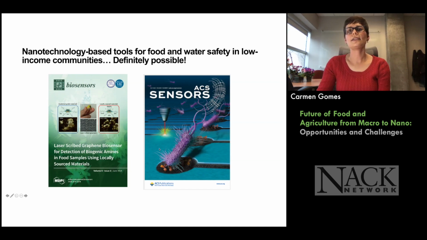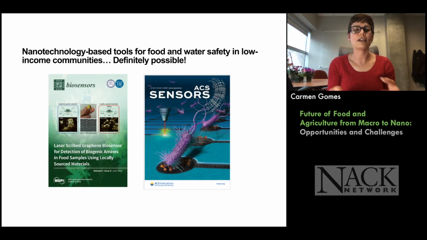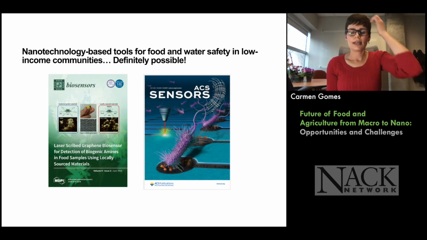This other paper here is using a similar technique, laser inscribed graphene, for detection of pathogens, in this case, salmonella. And again, very amenable for places that are low cost. It can be used multiple times, in terms of, you can fabricate them so cheaply and scalably that you can measure them multiple times without the added cost.